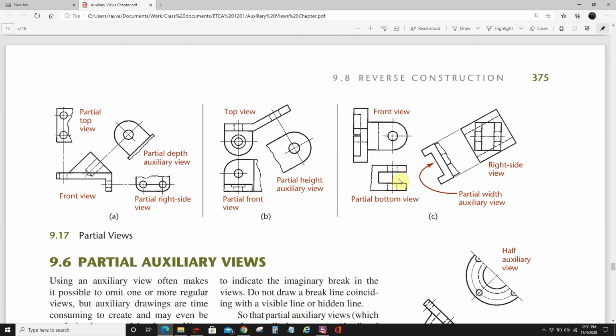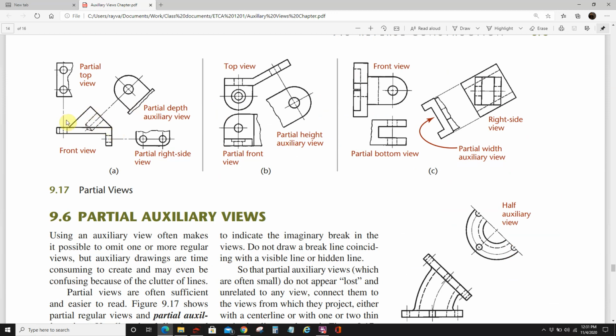You can read through that. Partial auxiliary views. Here's a situation where you have this object here, right? If you were to show the top view, you would get a lot of information that will be oblique, and it doesn't tell you much. So you just draw this much of it. The right side view: if you were to transfer the whole right side view over, you get all this information, and it would be oblique, and it doesn't really tell you anything, so don't draw it. And then the auxiliary view coming off here to show us this information, everything that would come underneath of it is really unnecessary, so you can break that. Just draw the important stuff. So you got this, you got this, you got this, and this right here,